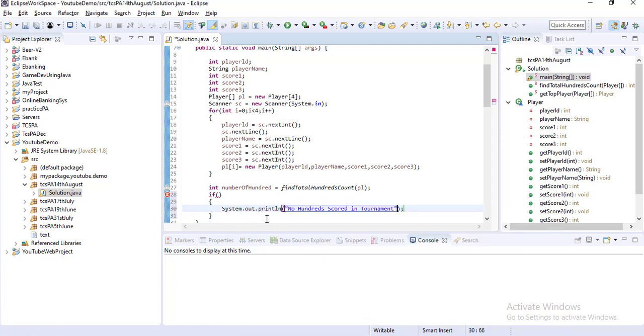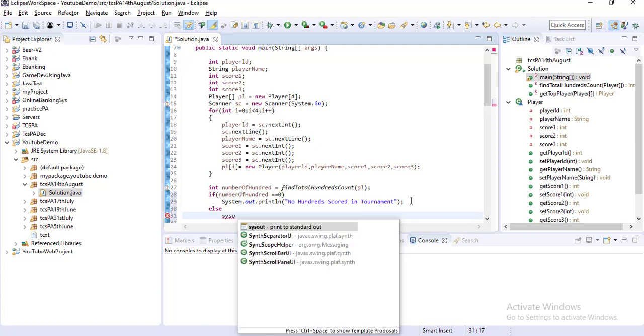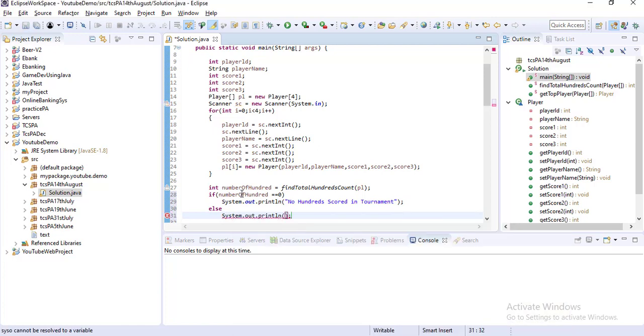Here we are checking if the value of number of hundreds equals 0, then we print this, else. Remove this bracket, this is a single statement inside this if statement. Else we will simply print this value, the count of number of hundreds.